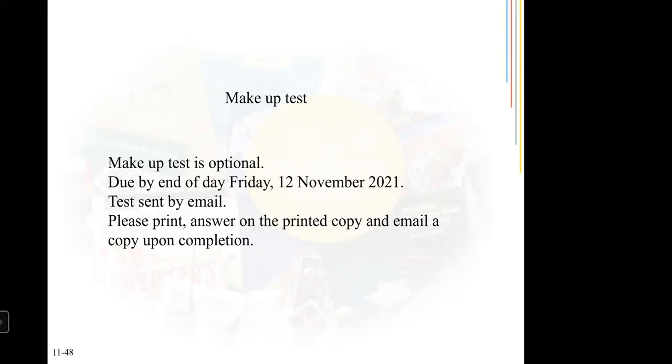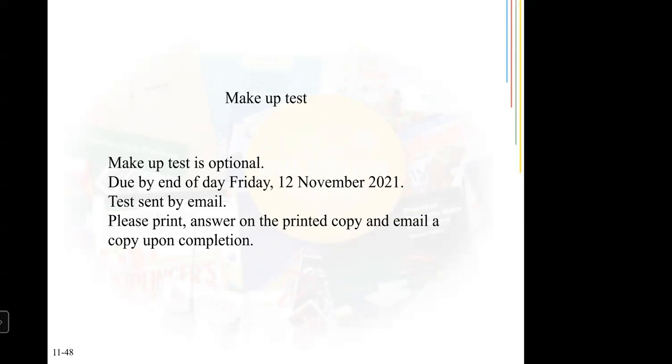So even if you get 90% or whatever score you get, it's still good to do it. And if you do it, I want you to please print the test, answer it on the printed copy, either take a picture or scan it back to me. And I need to get that by Friday so that I could mark it. I'm not sure I'll mark it for next class, but if I get it by Friday, I will average